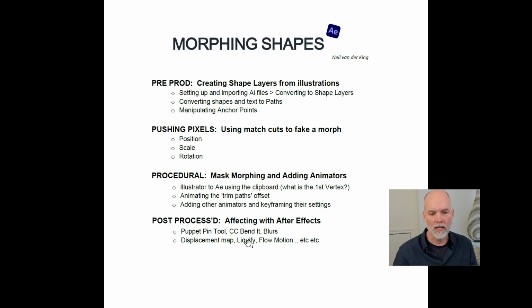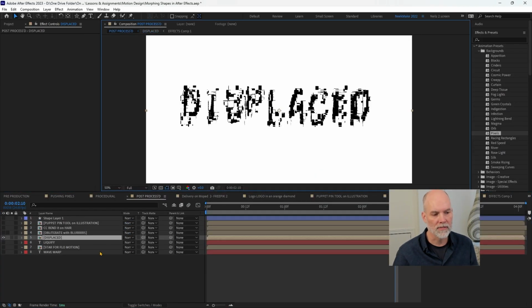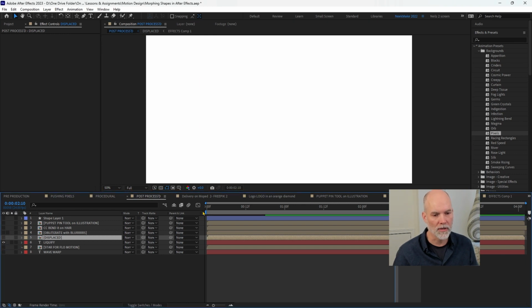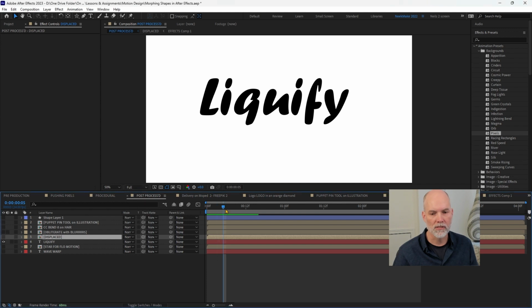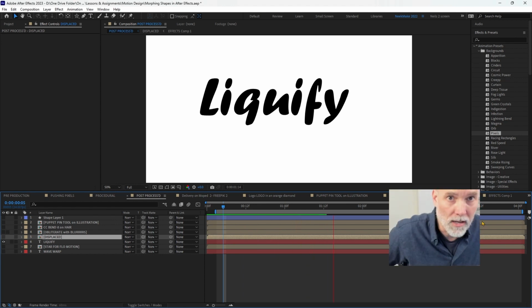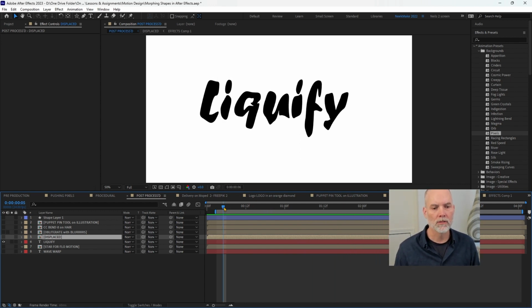Okay, so Liquify, again, we're getting into the territory where, this is After Effects, so we can do 1,000 things. But I just wanted to show Liquify just because it's exactly the same as it is in Photoshop, but we can animate it over time, right? In this case, it's going to take quite a while to do, so